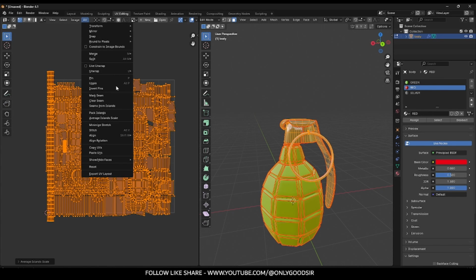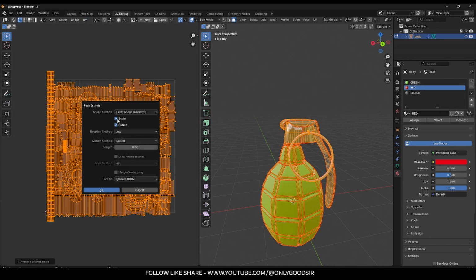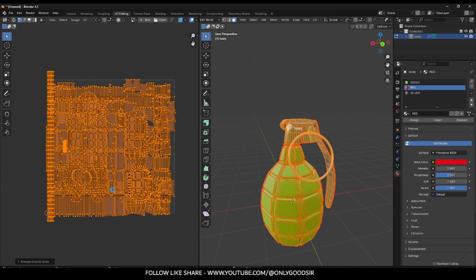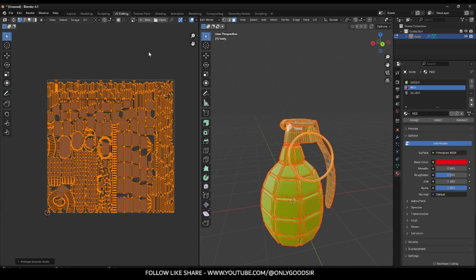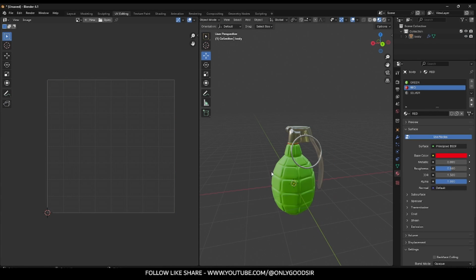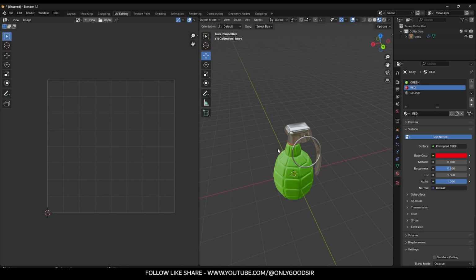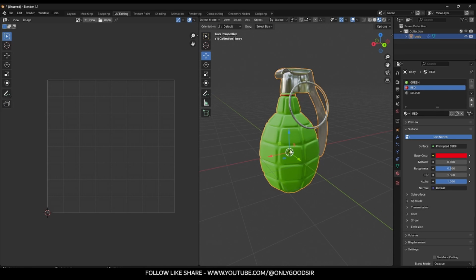UV, pack islands. Turn off scale. Oh, keep scale. Turn off rotate. Okay. Boom. There we go. Nicely packed. And that should be ready to just jump into